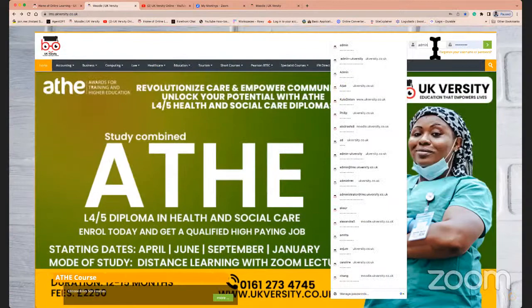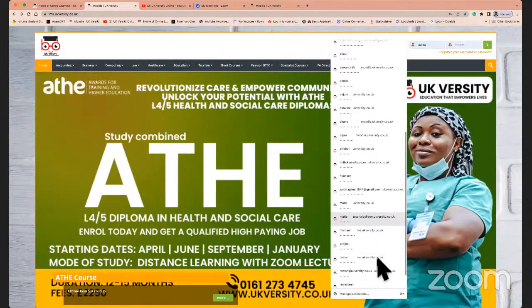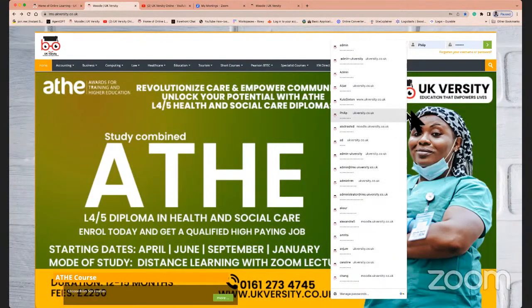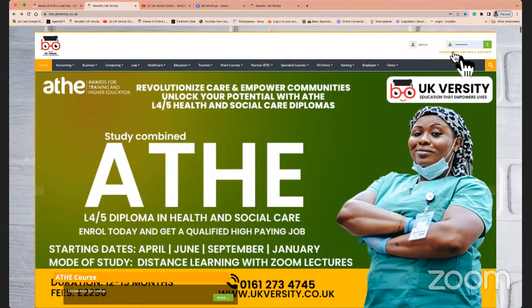So if I look at this right now, as you can see, there are so many different passwords which are saved by different learners who have used this machine. So the system is tuned in such a way that it does not allow more than 3 attempts at any given point in time to log in. This is to also prevent any sort of hacking or bringing down the site by brute force.